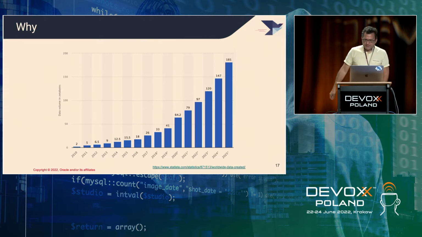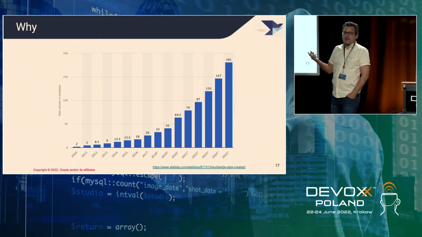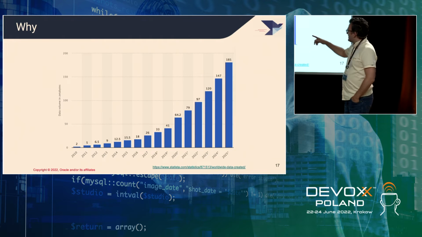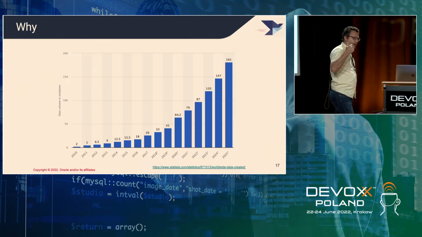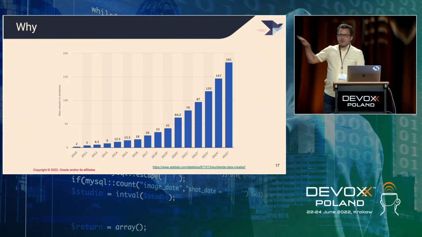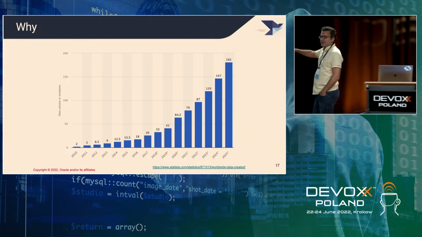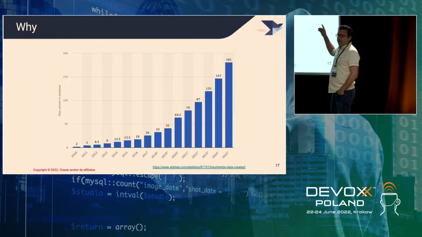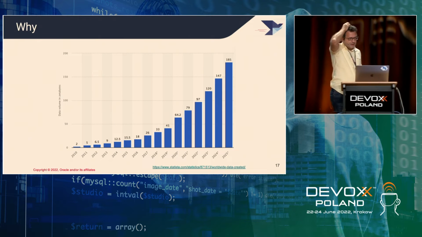So what is reactive? Why does it exist? That's the basic thing. So this is the amount of data that is being processed worldwide. I don't care about the numbers. The real important thing is that as the years go up, the amount of data that we need to process is increasing, and it's increasing a lot. And